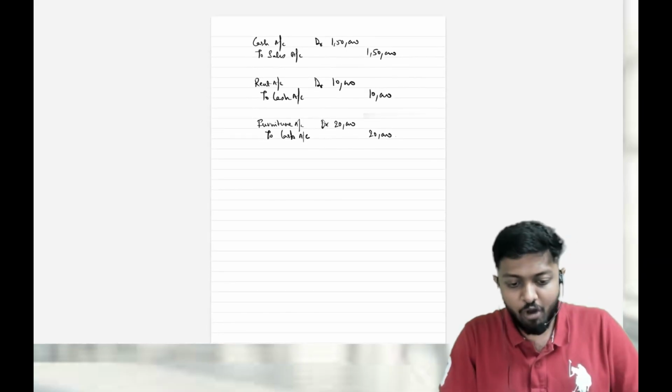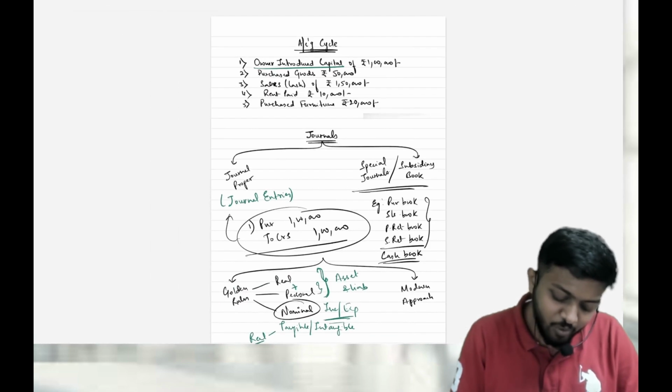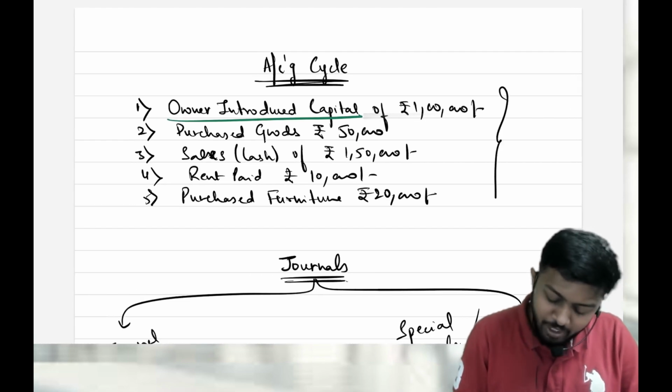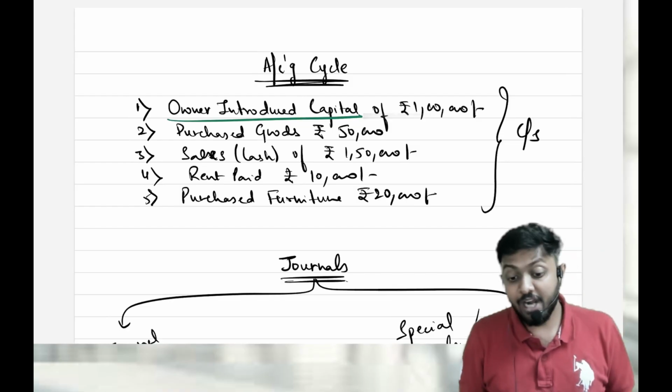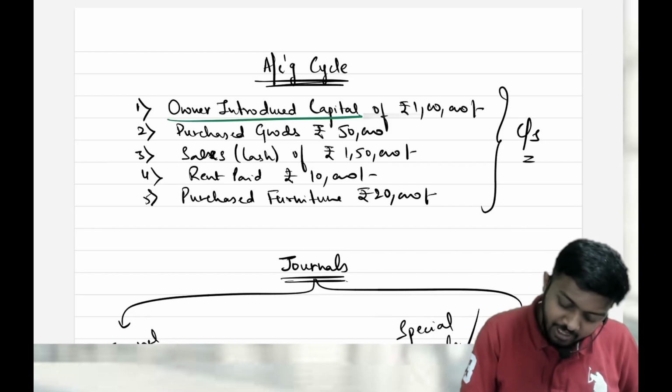So I have just formulated journal entries. So first step has got over. One more thing I would like to add in our question: I'll also give information about closing stock. What I did is at the end of the year, I've gone to the godown and checked. So I have closing stock worth 10,000.